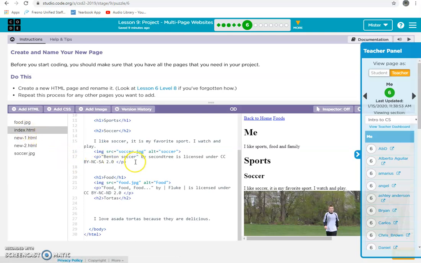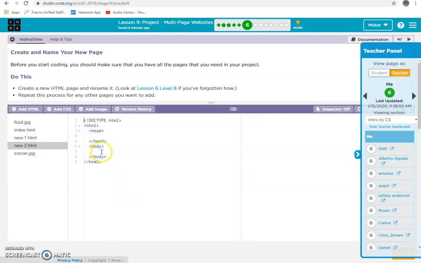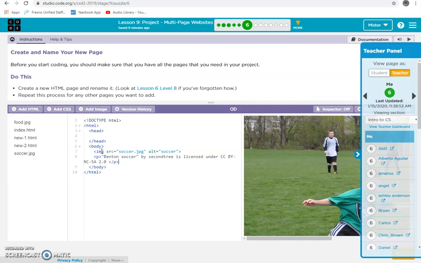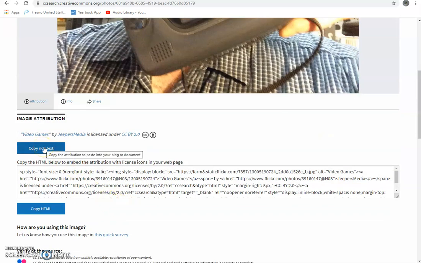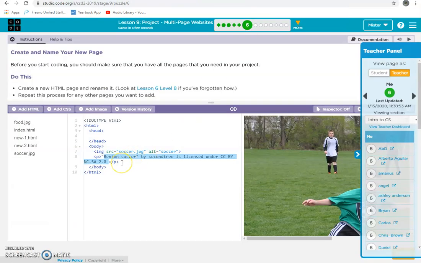So I'm just going to copy this soccer code, Control C. And now I'm going to dump it in here, Control V. And then here's my citation. So what I'm going to do here is copy my citation and just paste it right in here. So now I have my citation,